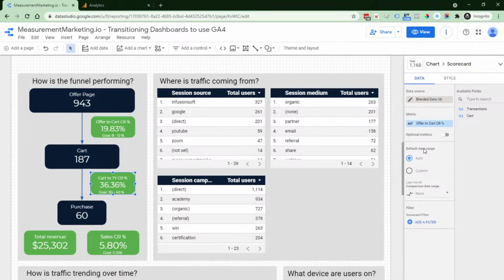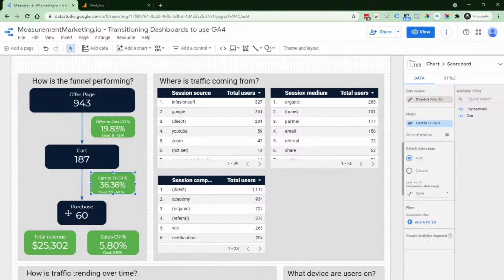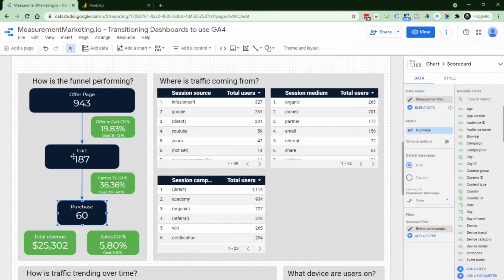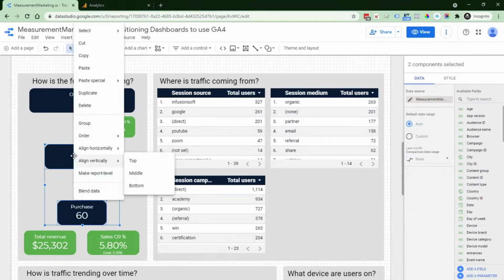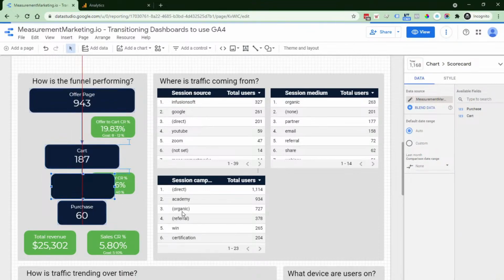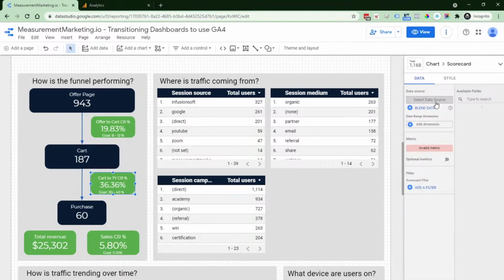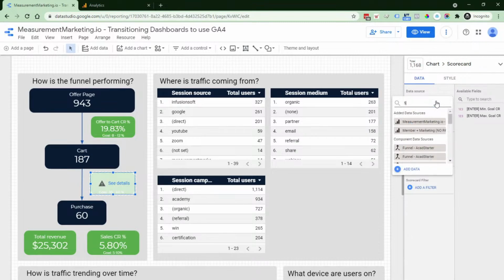Now I'm actually going to go ahead and grab this formula so I don't have that same issue. We'll see. And then we're going to do the exact same thing with cart, the purchase, and the cart. So selected purchase first and cart second. We're going to blend the data, and I now see it's blended data 5. I'm going to go ahead and delete it. I don't need it anymore, but I am going to come over here, get rid of this data source, choose blended data 5,